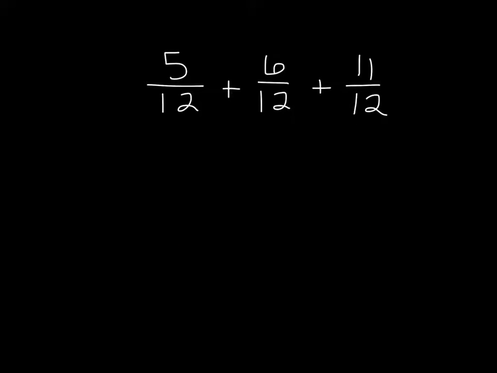Okay, we can even add 3 fractions together as long as they all have the same denominator, which in this case they do. We can just add our numerators. 5 plus 6 is 11, plus 11 is 22 over 12,